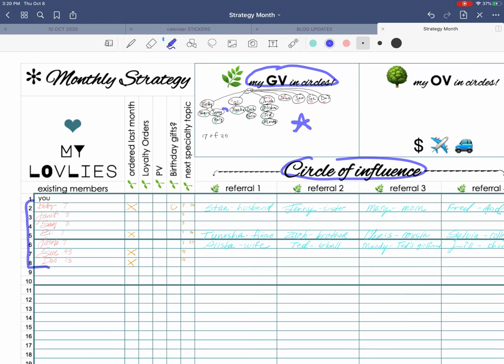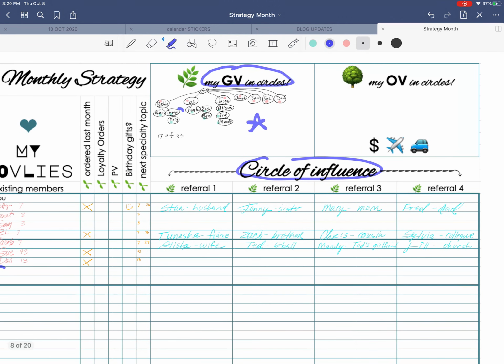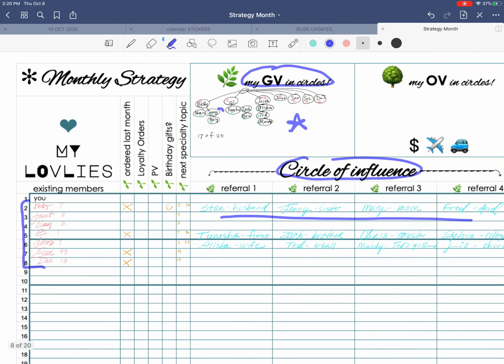And you can see how that looks. And so I want you to draw out what your group would look like as you create each one of those referrals. So go ahead and just do a practice one right now so you can start to visualize. You can see I put Betty right here in this group, and then I added Stan, her husband, directly sponsored by her. I added Jenny, her sister, sponsored directly by Betty, and then I put Mary, the mother, below Jenny. So now every time Jenny orders, Mary benefits, and every time Mary orders, Jenny benefits,